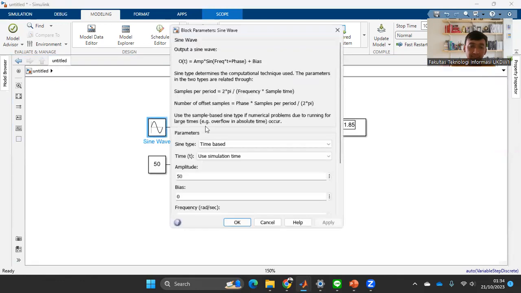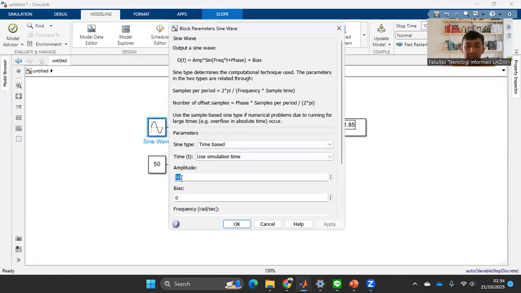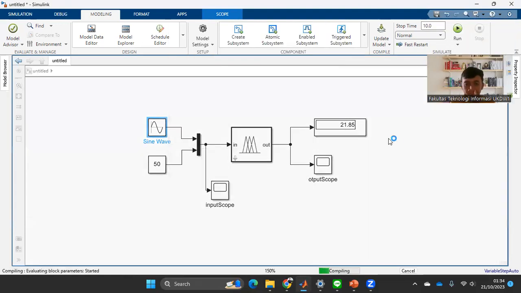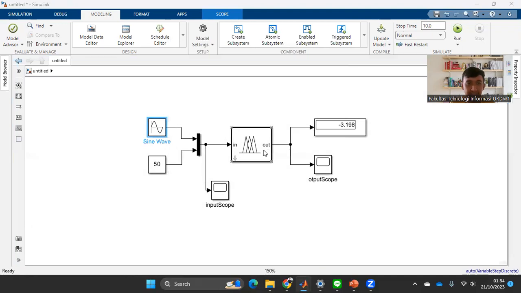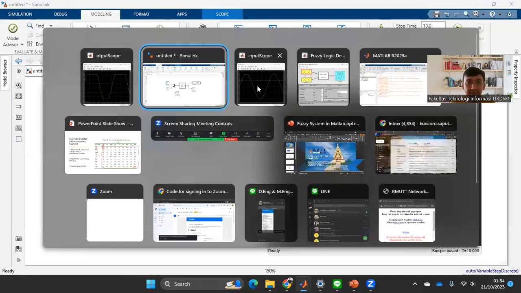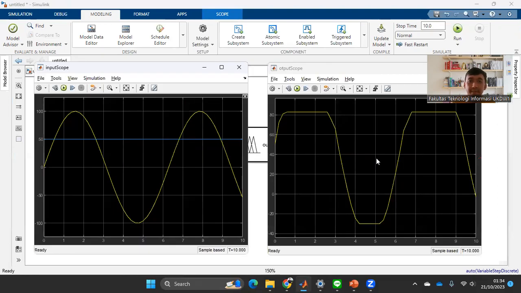We change the input here, like the amplitude I set to a higher value than before, 100. Okay, and we can run again. We can see the output is like this, and the input is like this one.